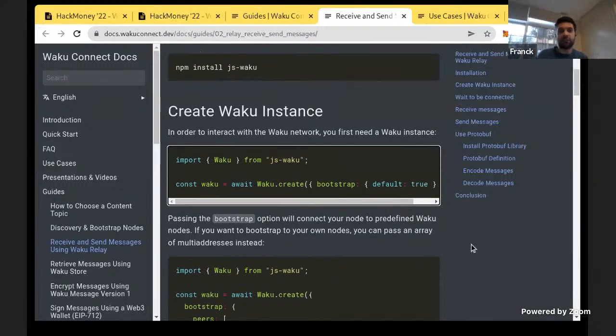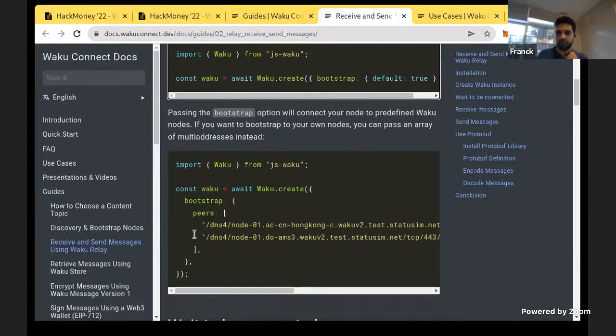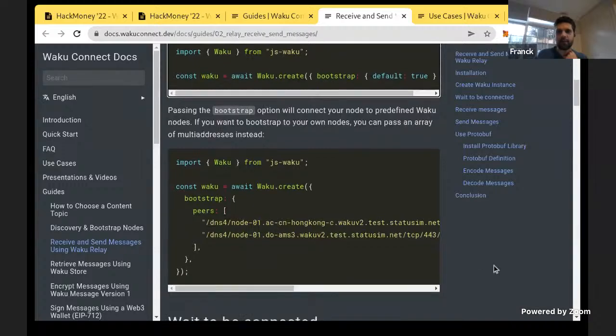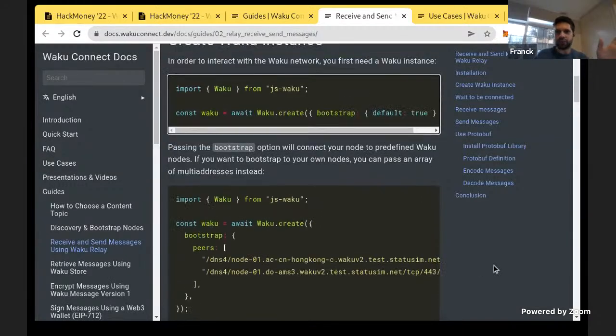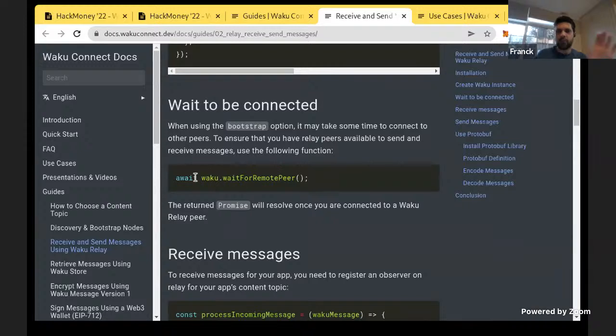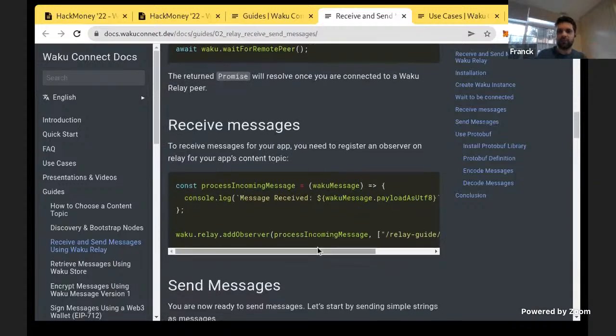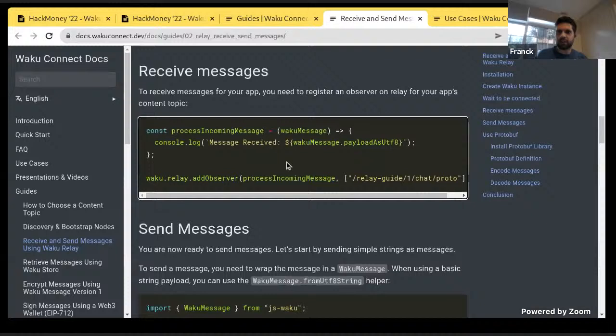Now, if you decide to run your own Waku node, you could decide to pass the address of your Waku node there, which is done this way. But for the hackathon, we suggest to just use default true. Then we have a method just to ensure that all the handshakes are done and you are ready to go. Once you're ready to go, to receive messages first,